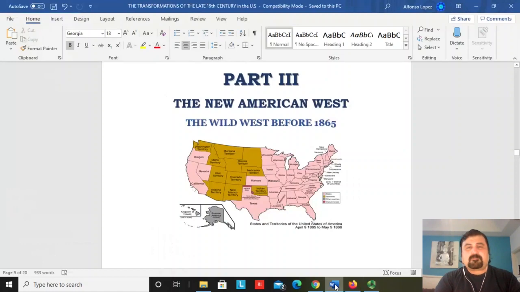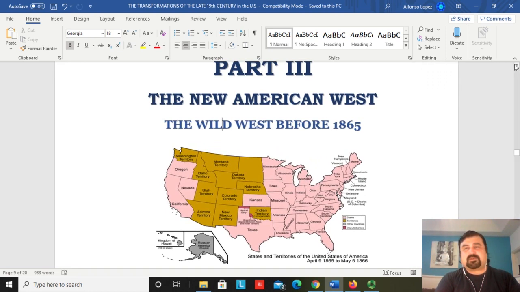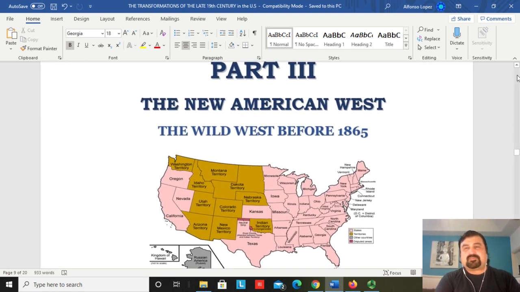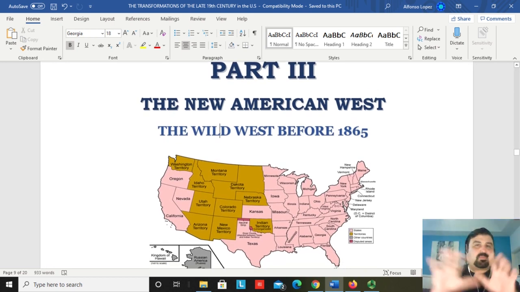So let us turn to our slides so we can have now the visual. Let me maximize the visual here so we can have a more readable text, and of course amplify the map so you can actually see the region that we're talking